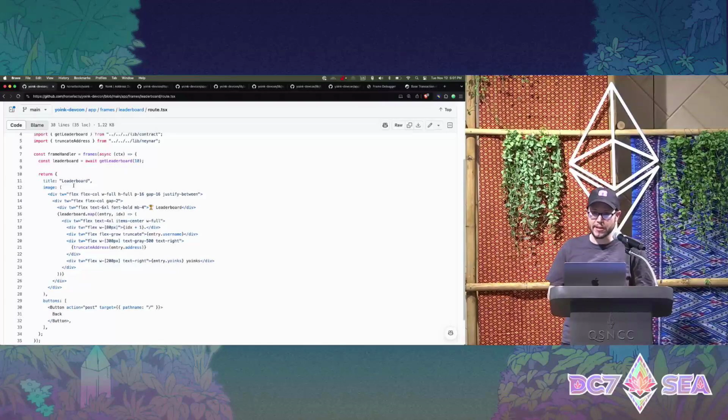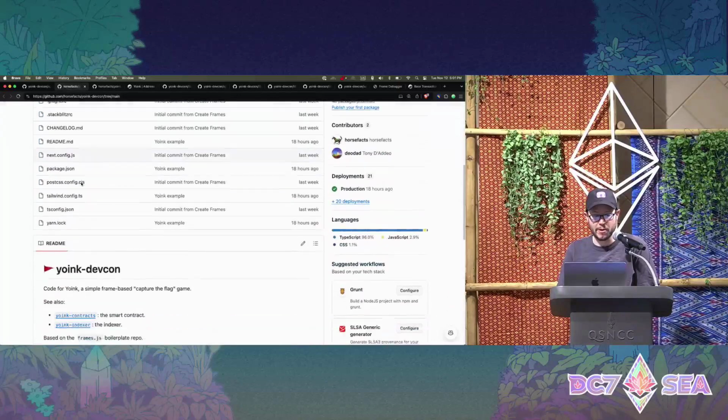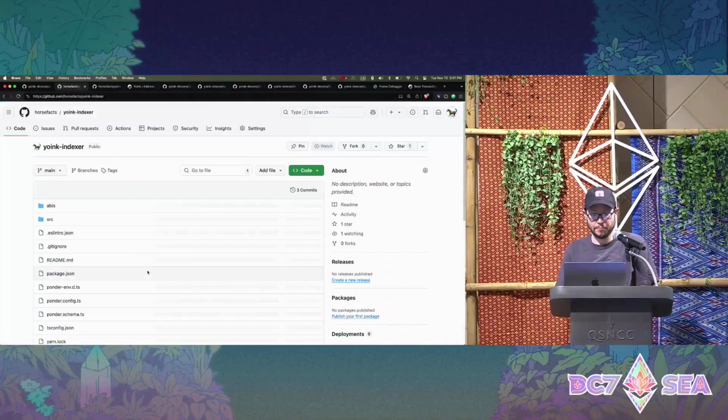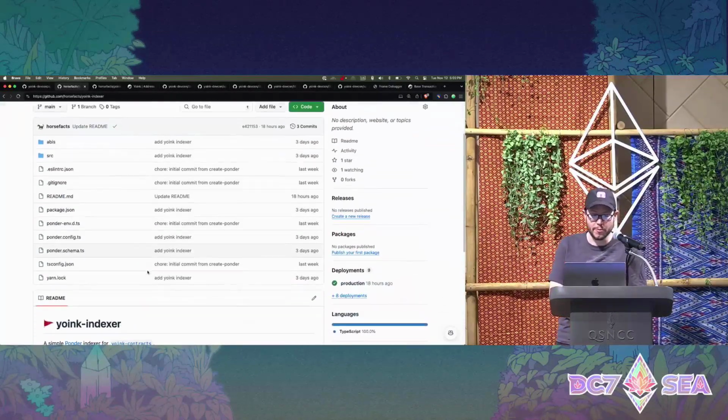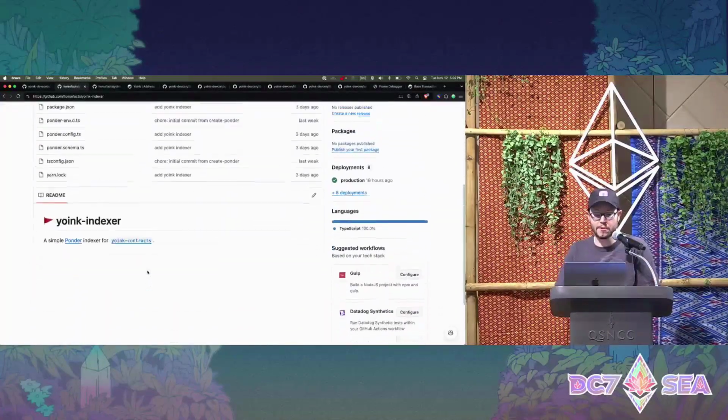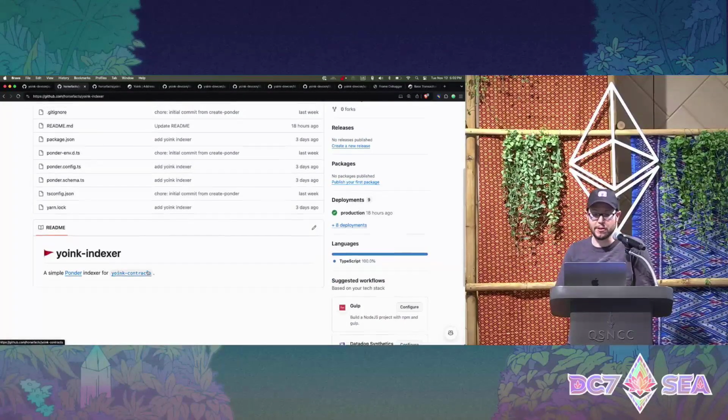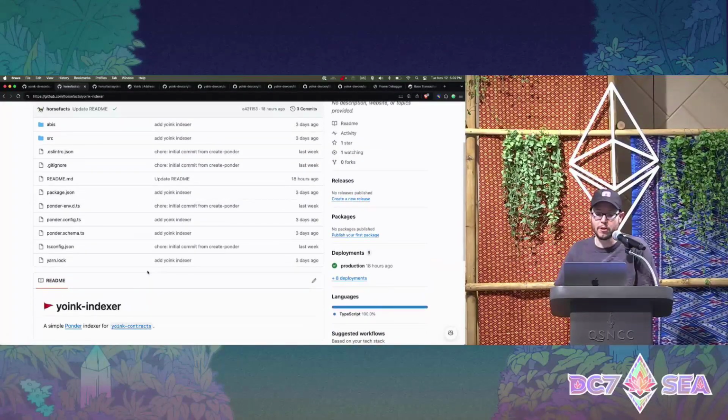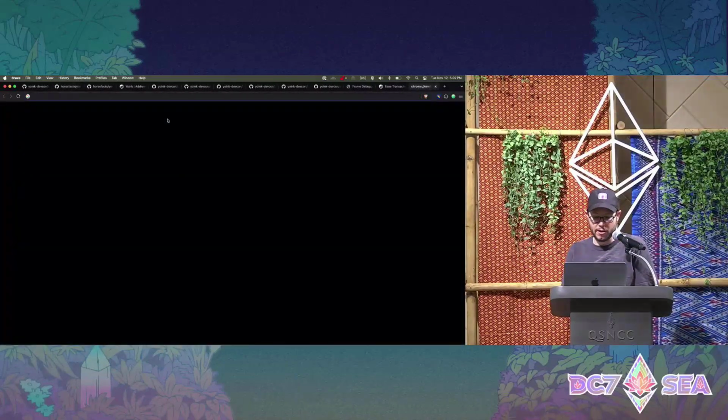We could load all the log data, calculate how many people have yoinked and do all those calculations within the context of the route. That's very difficult though, right? So it's a good example of where you should use an indexer or caching to keep your frames performant. There is an example in here of a really simple Ponder indexer, which I built. Ponder is a great open source tool for building indexers for Ethereum applications. You can spin it up, point it at your contracts, and you get a really nice simple syntax for writing indexers. So I've set this up